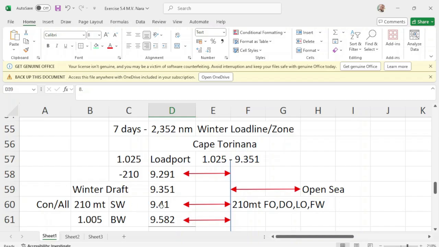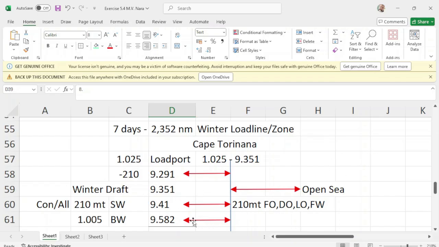Even if you have consumed your fuel oil and freshwater, when you discharge this fuel oil, the vessel will rise up to this winter drop of 9.351, until you reach UK,